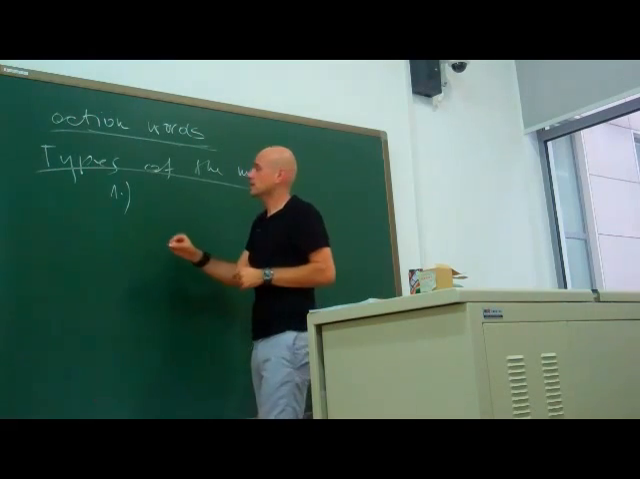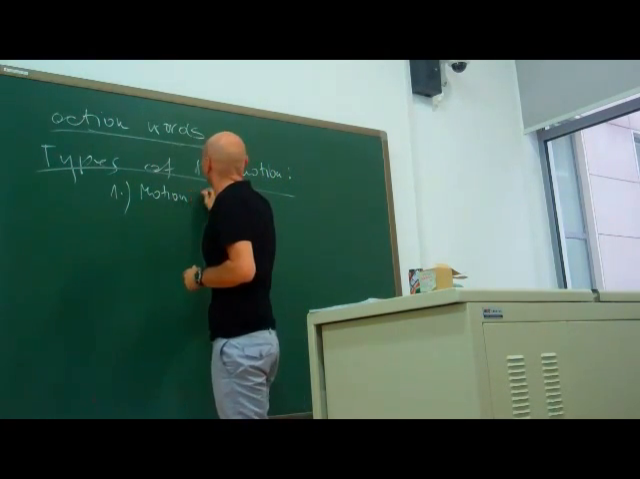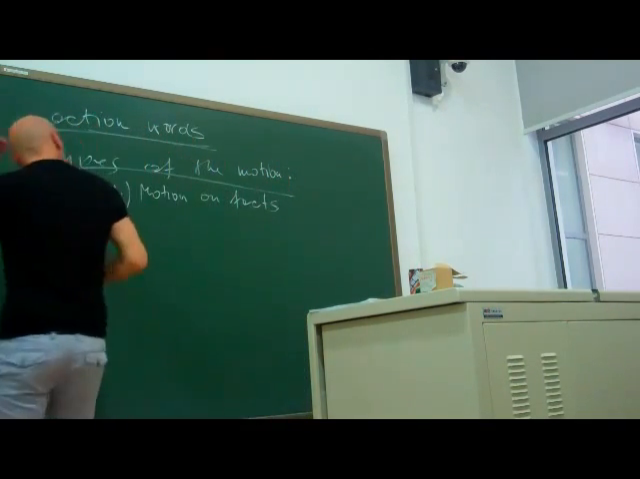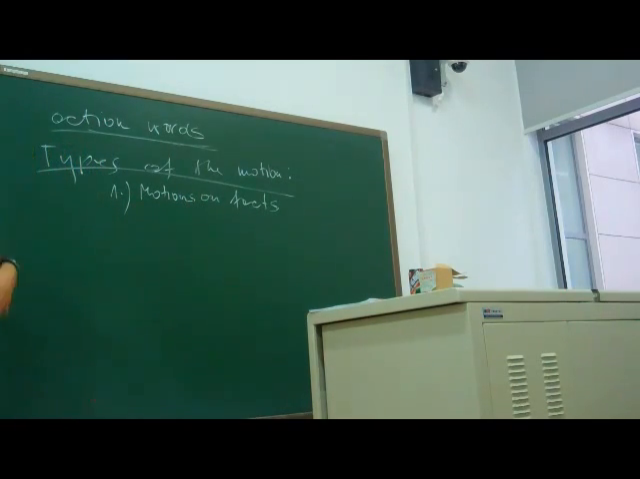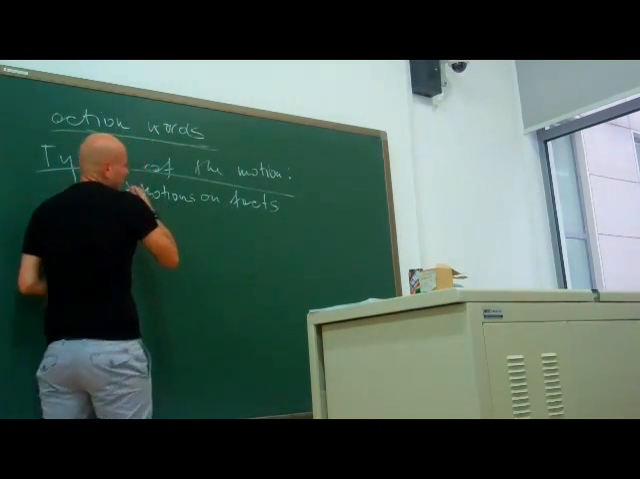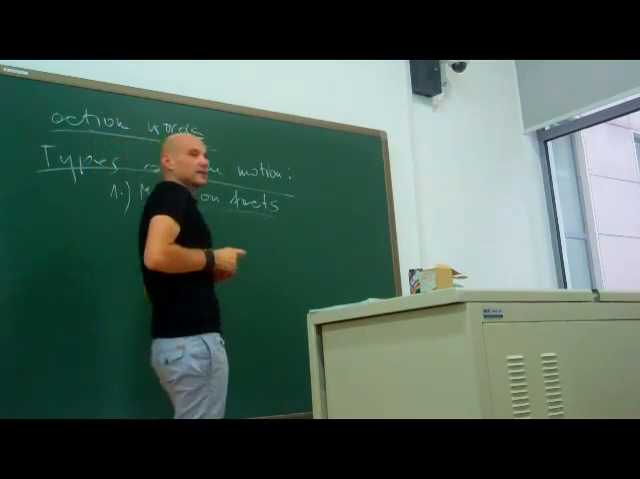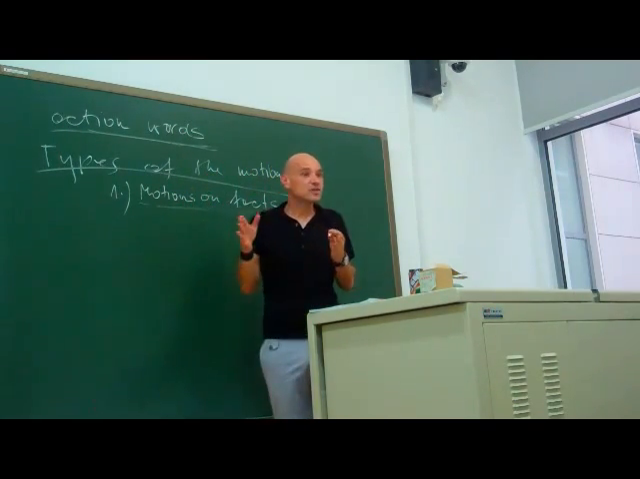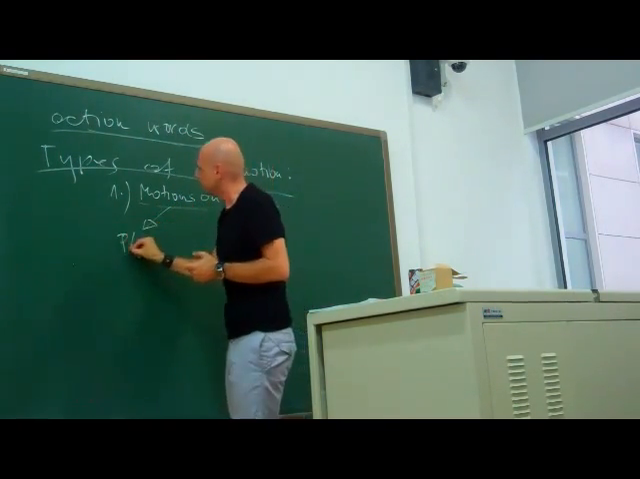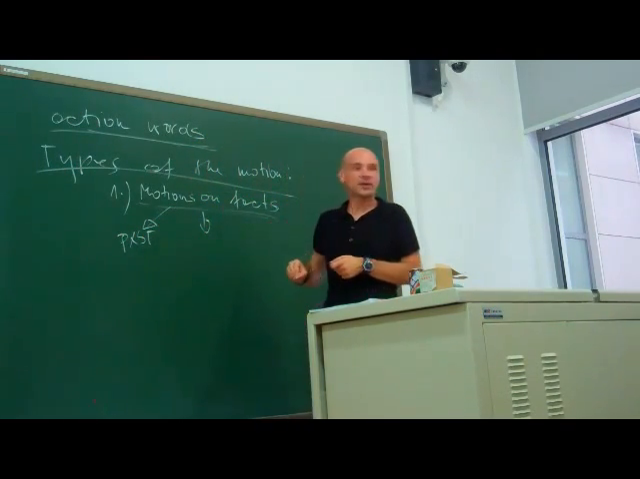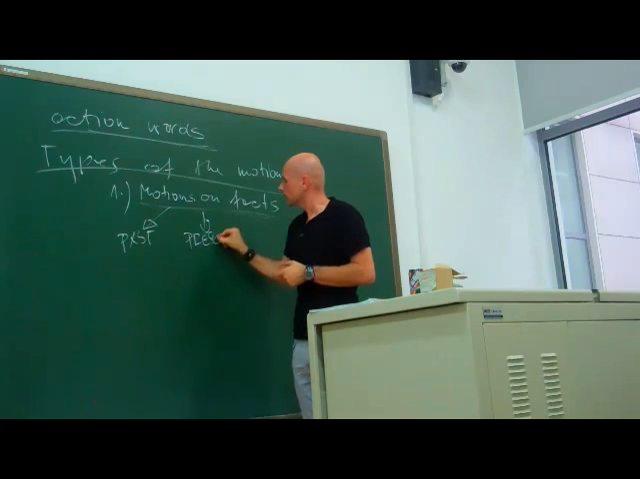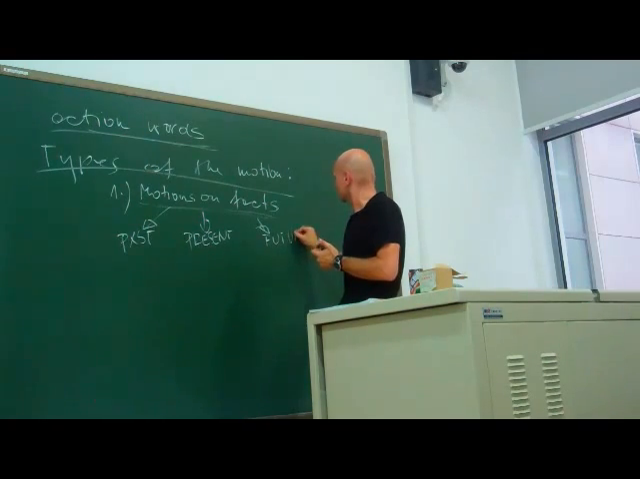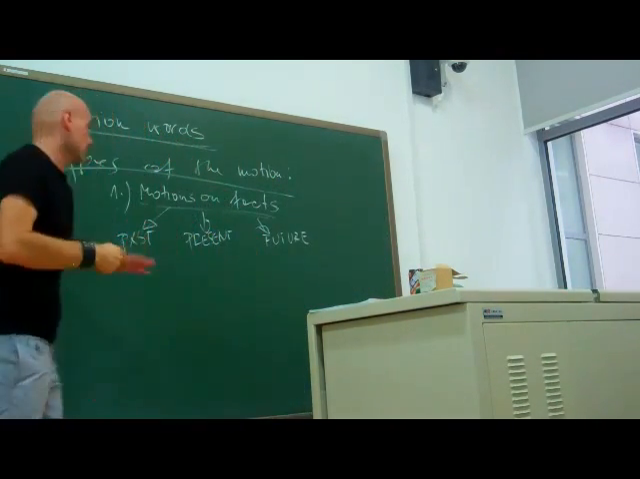The first type of the motion is motions on facts. Then we should elaborate a bit on this. Motions on facts are motions that can refer to something in the past, they can refer to something in the present, or they can refer to something in the future. In the past,